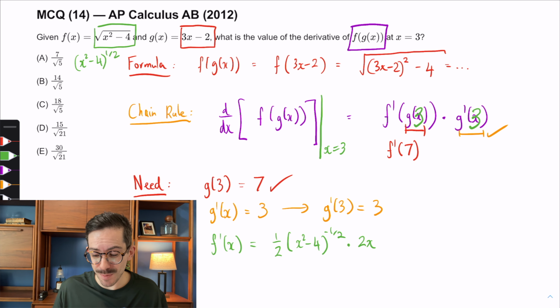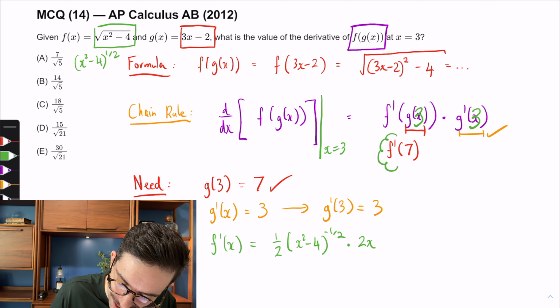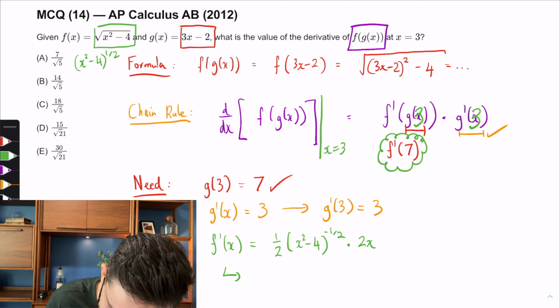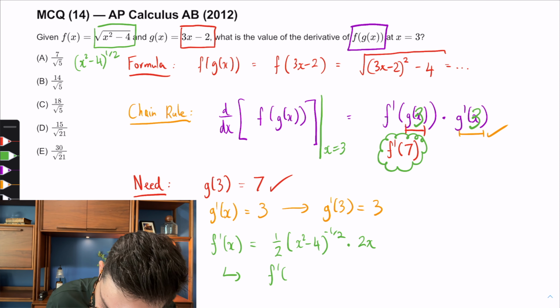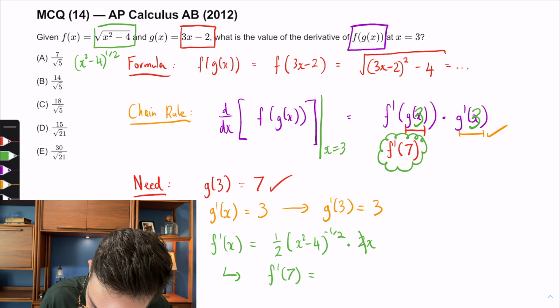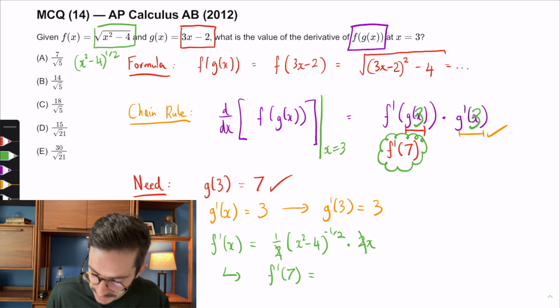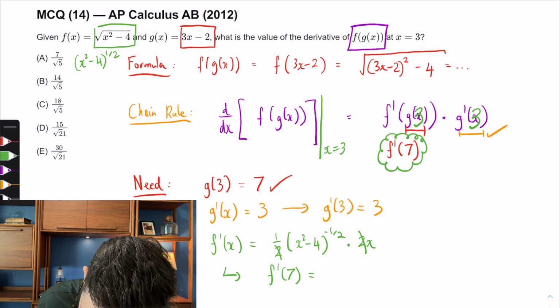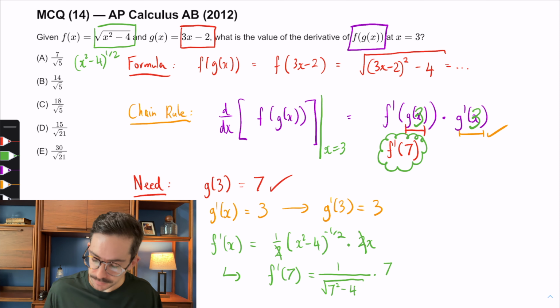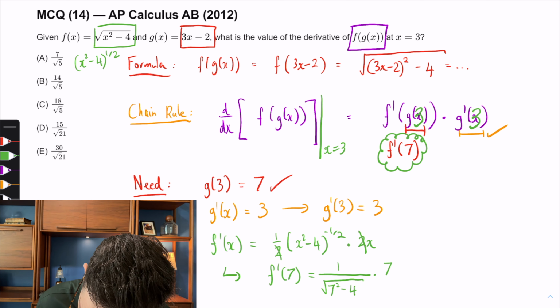Now I could tidy this up, but let's remember I'm not being asked to calculate f prime of x, I just want f prime of 7. So we may as well just substitute in straight away. So f prime of 7 will be, well, notice my 2 and my 2 do cancel, so I can do a little bit of tidying. And then I will get 1 over the square root of 7 squared minus 4 times 7. If I tidy this up more,